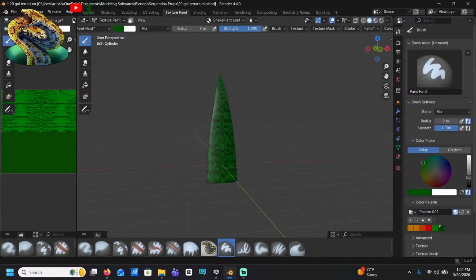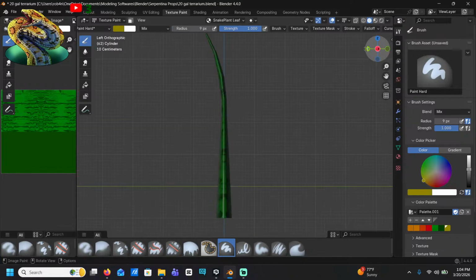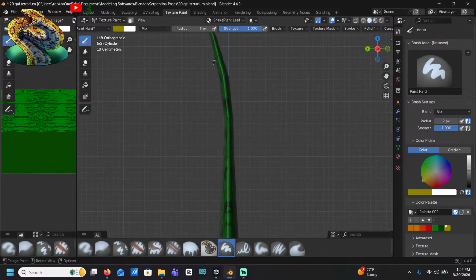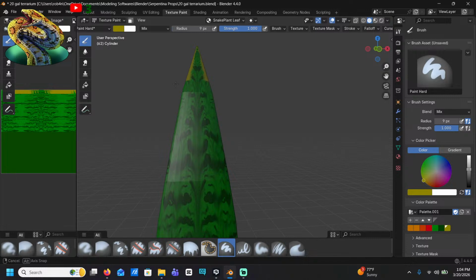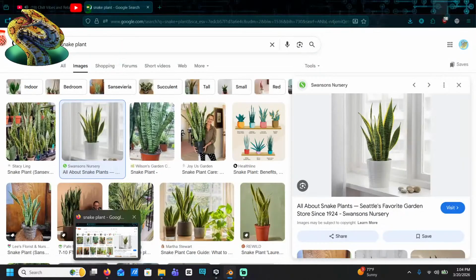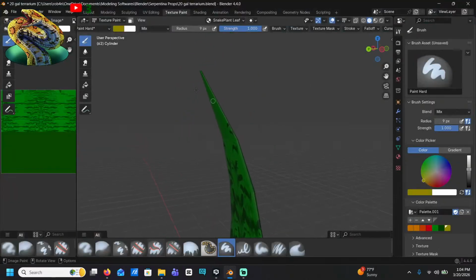Okay. I need to go make a yellow color, kind of like this. Yeah, it's pretty close. Close enough for me anyway. Okay.